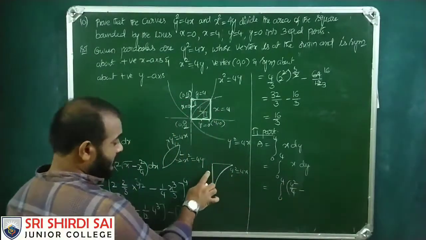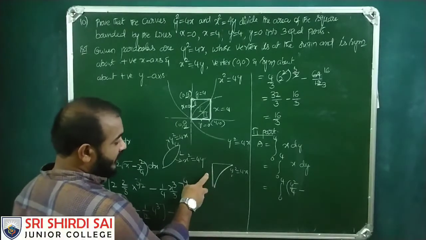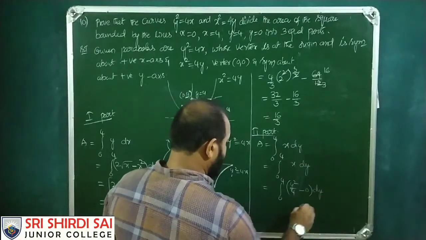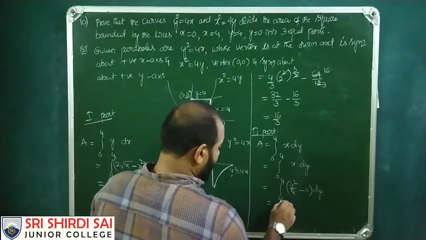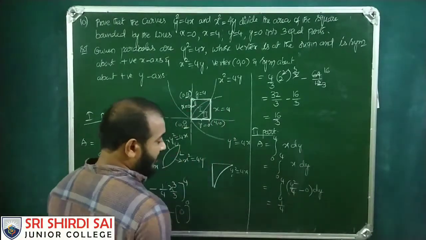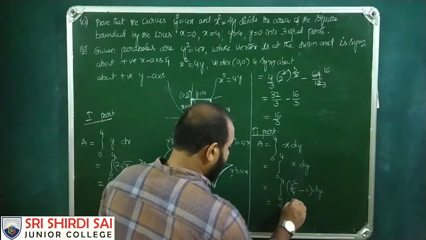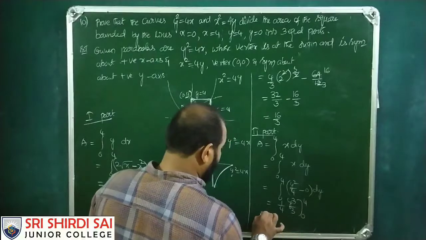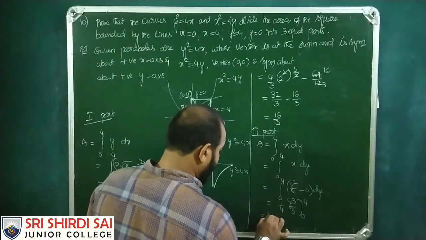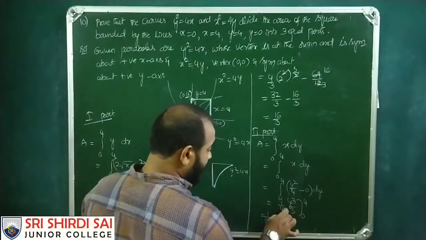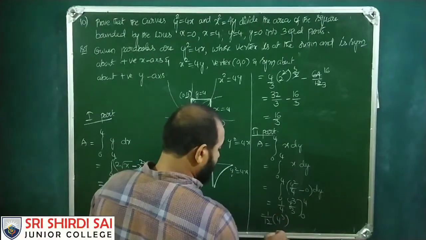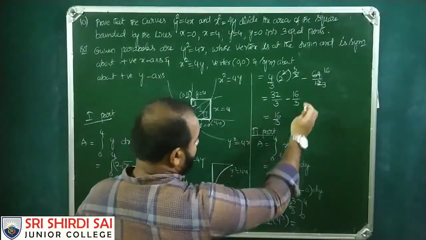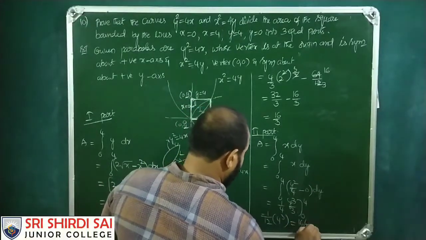minus, this is the y axis. Y axis is x equals to 0, dy. This is equals to 1 by 4, you separate it, from the process of integration this is y cube by 3. The process is over, 0 to 4. Now 4 3s are 12. 1 by 12 into y is 4 cube, so 64 by 12 is 16 by 3. This is the second part.